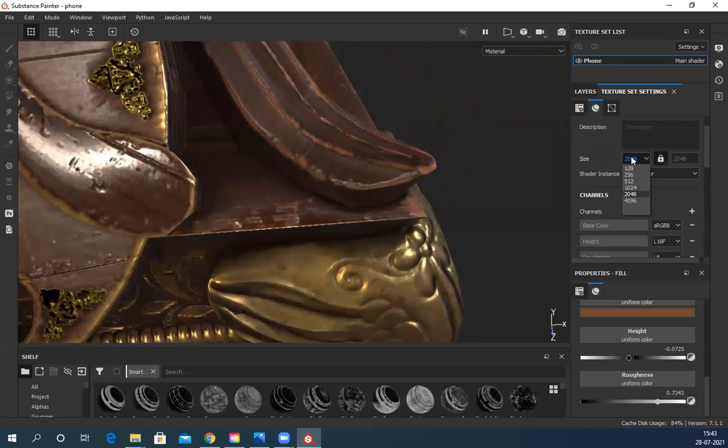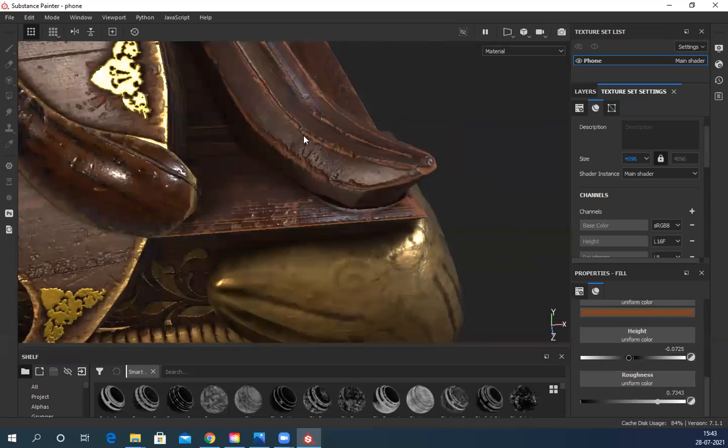And if I increase the texture size to 4K, you'll see details will enhance automatically. So they will become a little sharp and crispy.